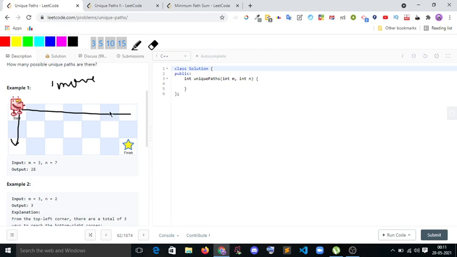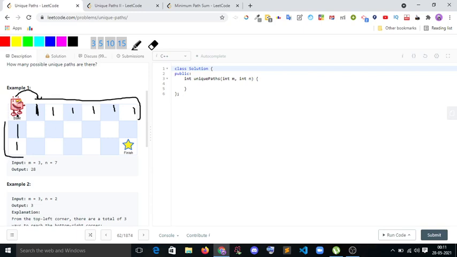If I start here and want to reach there, I have only one move, right direction. This line is our base case.